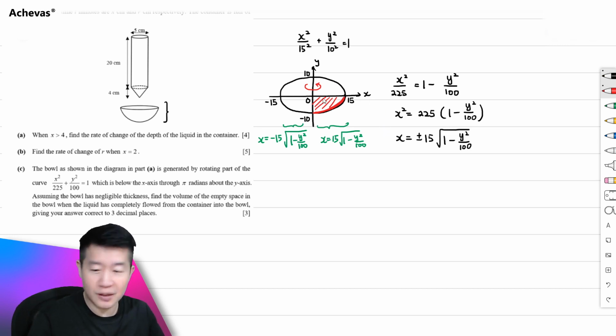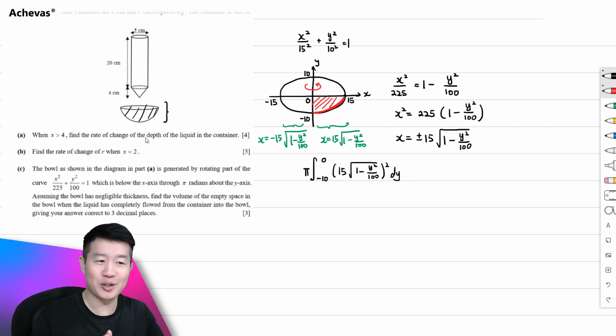And in order for you to take a region and rotate it about the y-axis, the volume will be found by taking integration from minus 10 all the way until 0 of x squared, and I'm talking about this part of the graph. So we are talking about the integral of 15 square root of 1 minus y squared over 100, squared, dy. So this will give you the volume of the entire bowl,